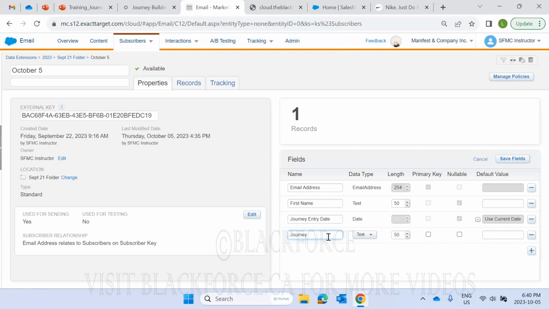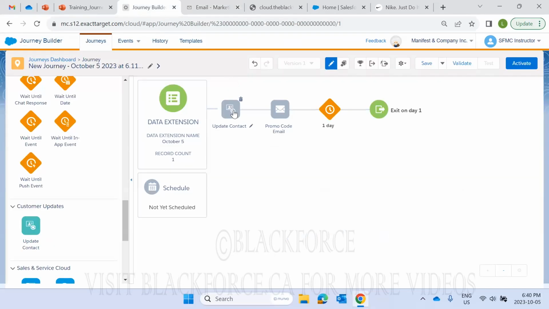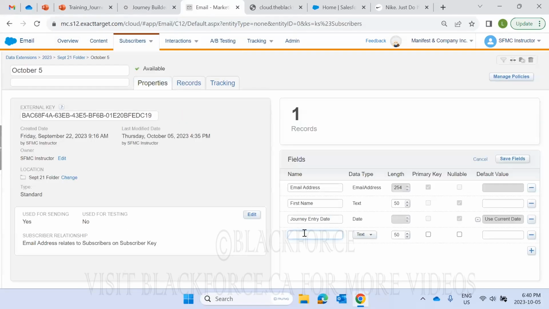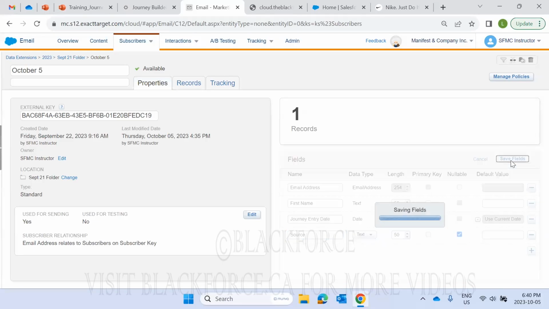journey, to come up with a better example. So this is the activity we're trying to use, yes? If I wanted to capture my, let's just say I wanted to capture source, right? Say that was a text field. I'll say this is nullable and I'll save,